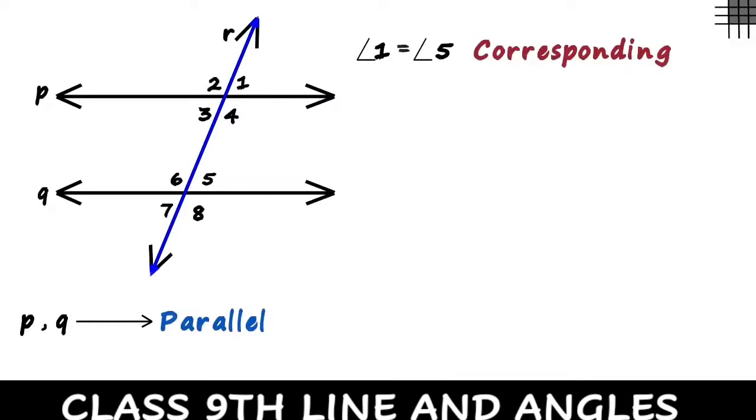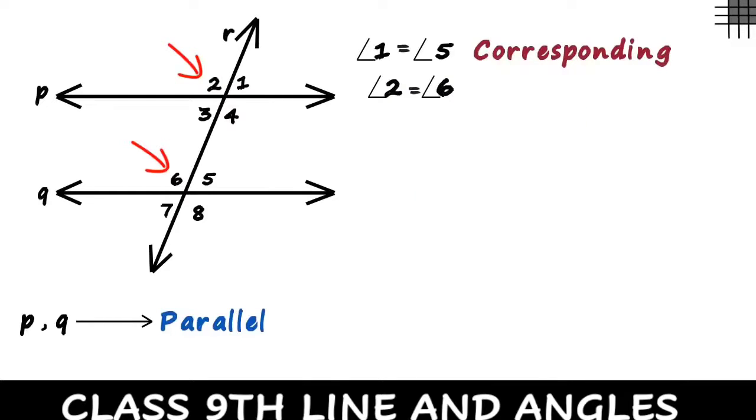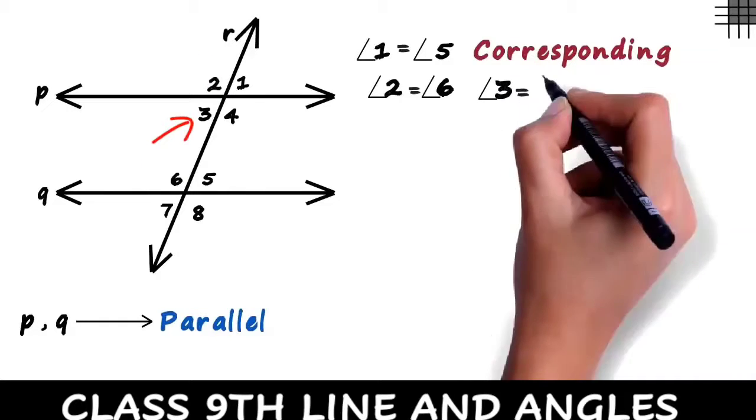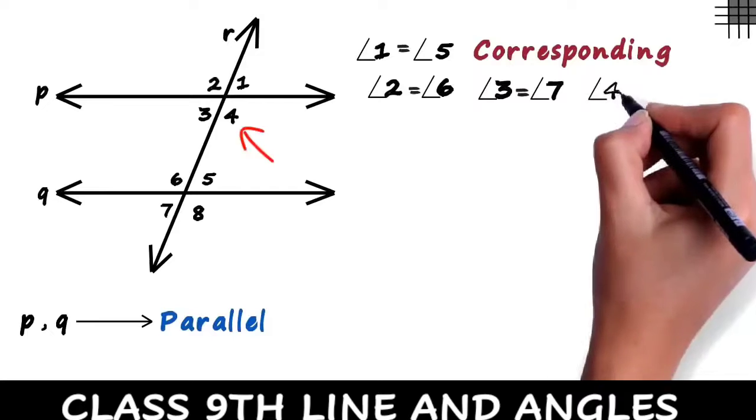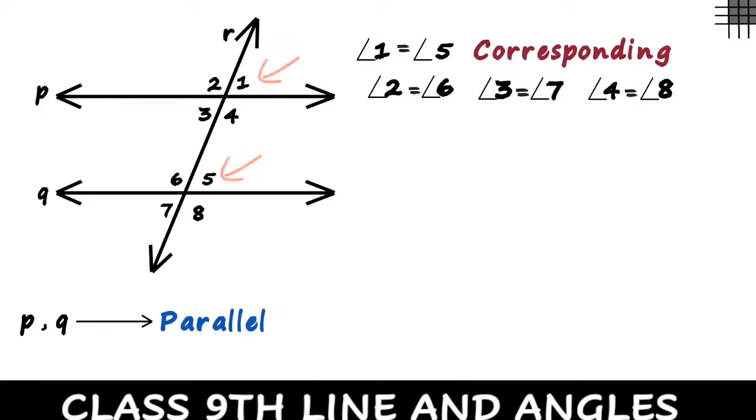When a transversal intersects a pair of parallel lines, four pairs of corresponding angles are formed. Angles 2 and 6 form a corresponding angles pair, so angle 2 will always equal angle 6. You can even look at the figure and observe that they are equal. Similarly, angle 3 will equal angle 7 and angle 4 will equal angle 8. These are the 4 pairs of corresponding angles that are formed: 1 and 5, 2 and 6, 3 and 7,